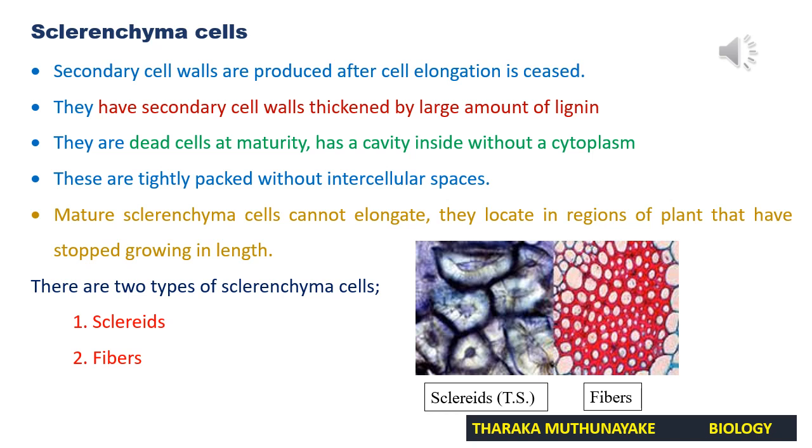Okay, there are two types of sclerenchyma cells. Those are sclereids and fibers. Remember, the features that we mentioned above are common to both sclereids and fibers. Here, there are light micrographs of sclereids and fibers. Actually, these are transverse sections. At the left-hand side, you can observe there are sclereids. At the right-hand side, it has fibers. Those reddish regions in fibers are actually lignified secondary cell walls. Inner, you can observe there are cavities. In sclereids also, small, reduced cavities are found inside and they have a thick secondary cell wall.